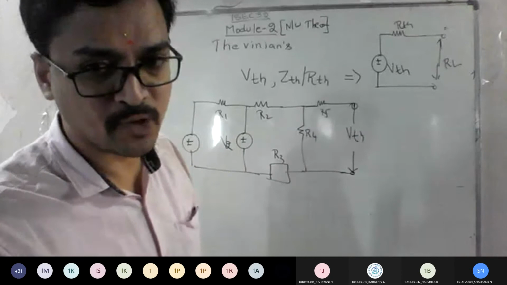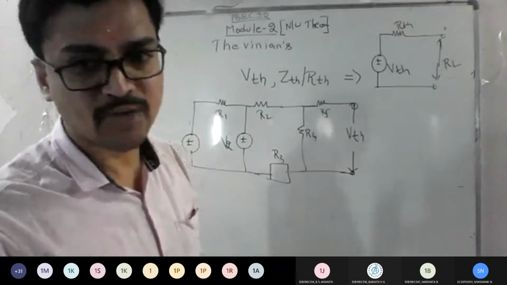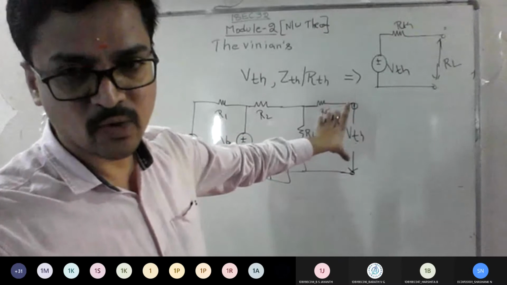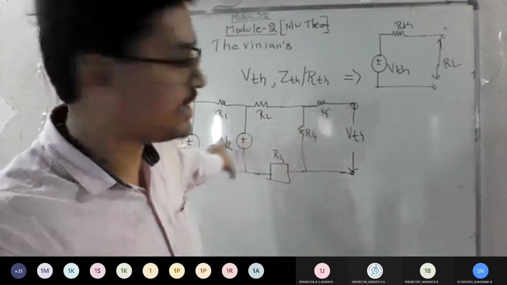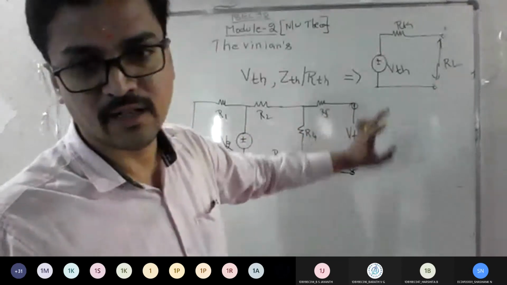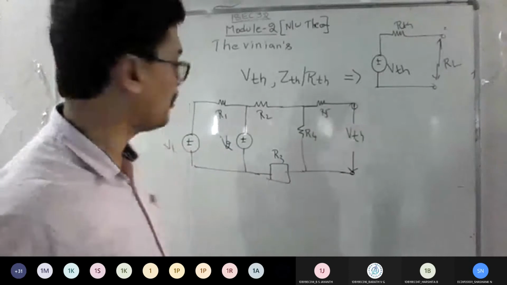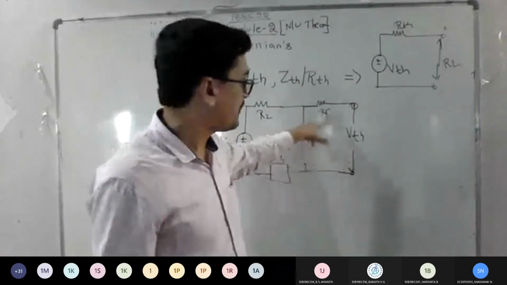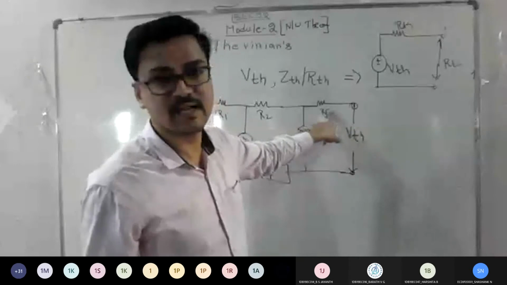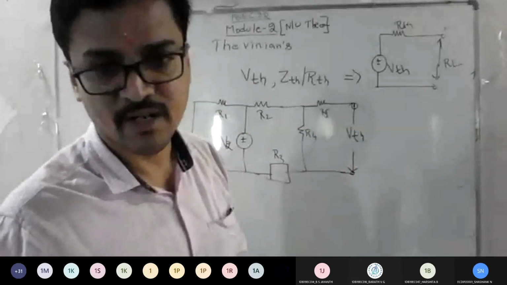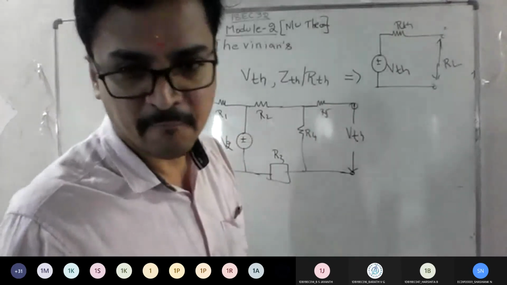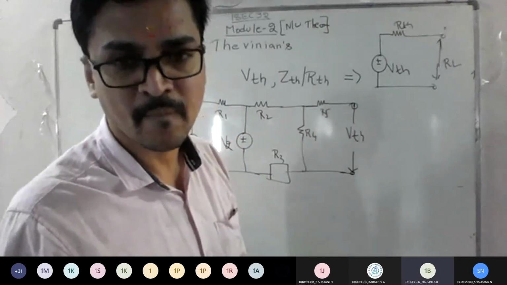We'll solve the problem tomorrow. You just have an idea how to solve. So you need to remove the load. You need to add the word VTH there. So you can find it by applying either KCL or KVL and get the answer of VTH. You can solve, no? All the values will be given except VTH. If you find the current here, and the resistor is there, if you multiply, you're going to get VTH. Or if you apply your nodal concept, you can get the answer. Am I clear? Yes, sir.